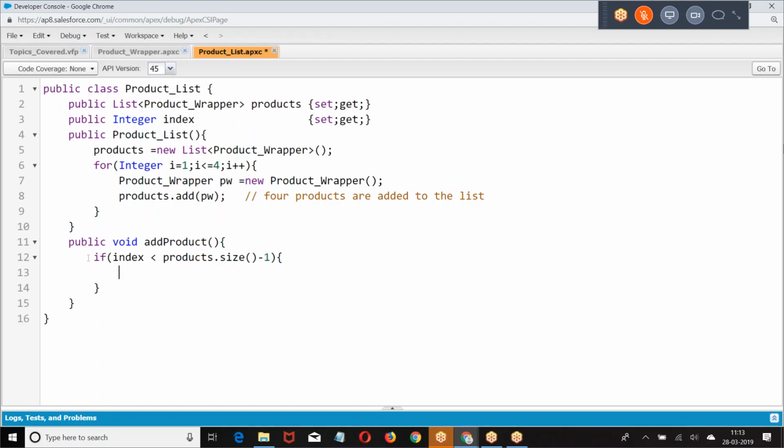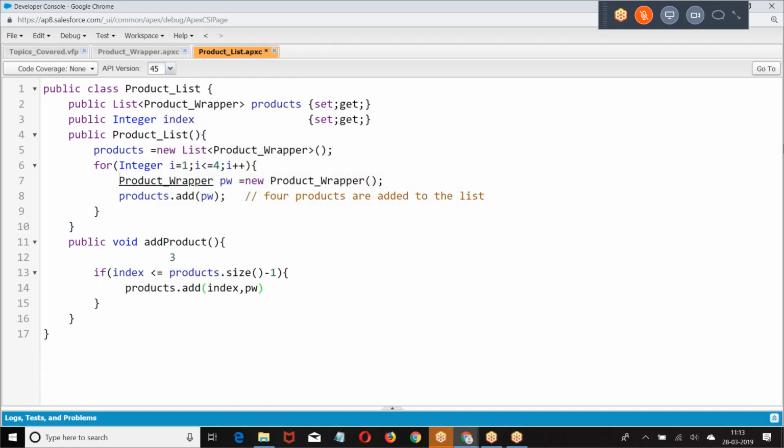If the index value is less than the last element, now how many elements are there? 4 elements are there. What is the index we have? If index is less than or equal to 3, then I can say products dot add index comma. If it is less than or equal to the last index. How many elements are there? 4. What will be the maximum index? 3. If i is less than or equal to 3, then i comma pw. Are you getting my point?